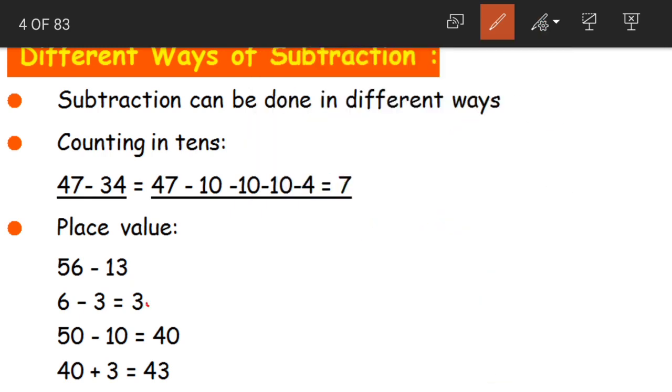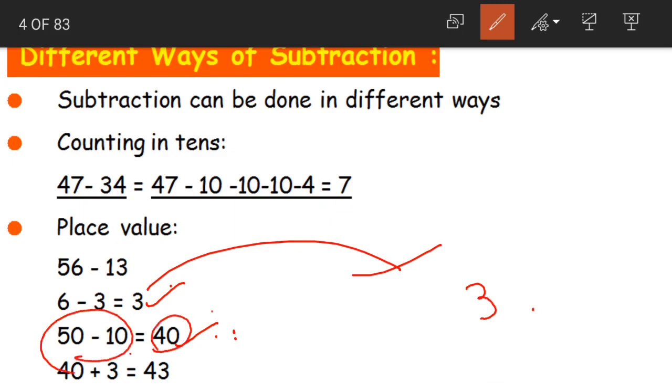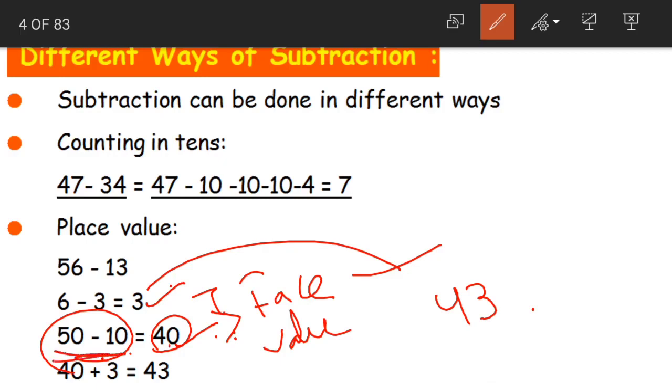Yes, what are we left with? We have 3 and we have 40. Now 3 means the digit which is in ones place. And what is this 40? How did we get it? By subtracting the digits in tens place. What will be the face value of 40, children? 40 is in tens place, right? So what will its face value be? Its face value will be 4. Now as we got it by subtracting the digit in tens place, we write 4 in tens place. 3, how did we get it? By subtracting the digit in ones place. So we write 3 in the ones place.